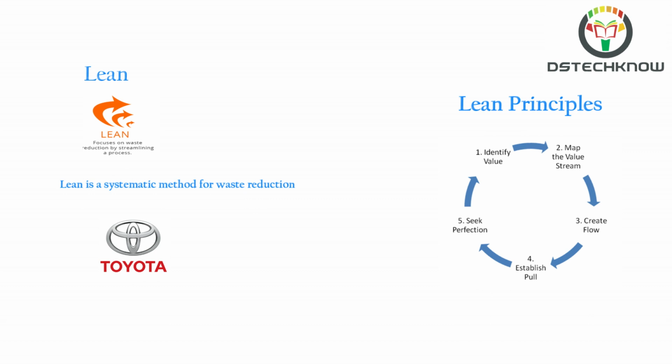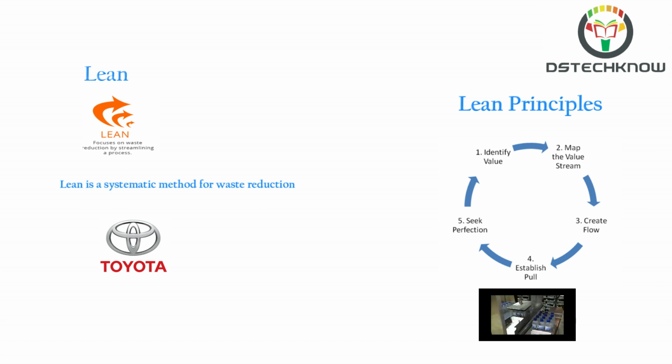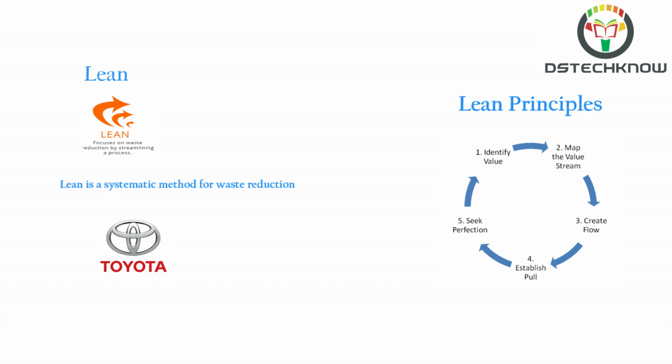The third principle is create flow. Creating flow is an important element in production system so that there is no interruptions or delays. Creating flow is all about ensuring that the next production process takes over once the previous process step is complete. Fourth principle is establish pull. A pull approach states that we do not make anything until the customer orders it. With improved flow, time to make the product available to the customer can be dramatically improved. This makes it much easier to deliver products as needed. Fifth and most important principle to me is seek perfection or continuous improvement.